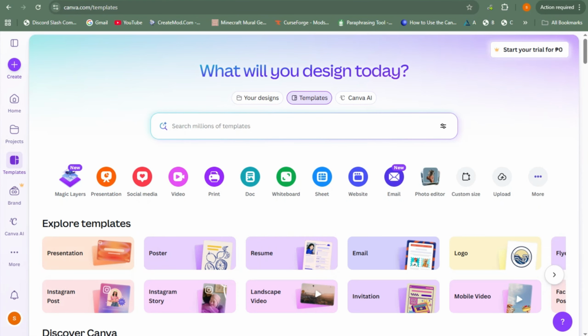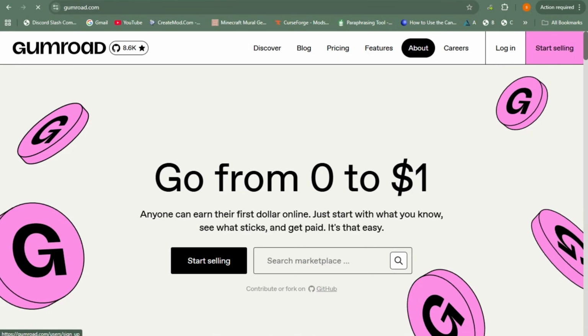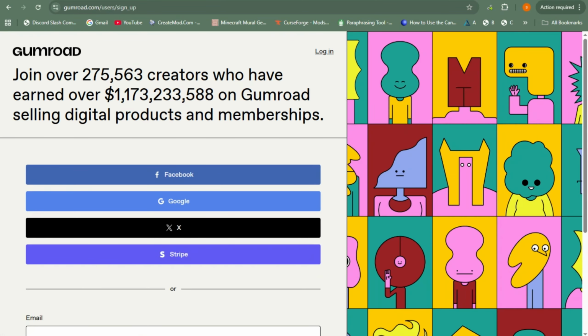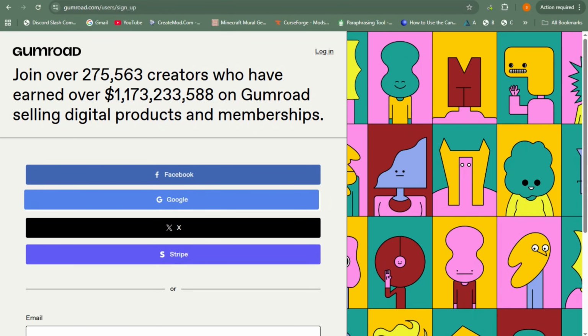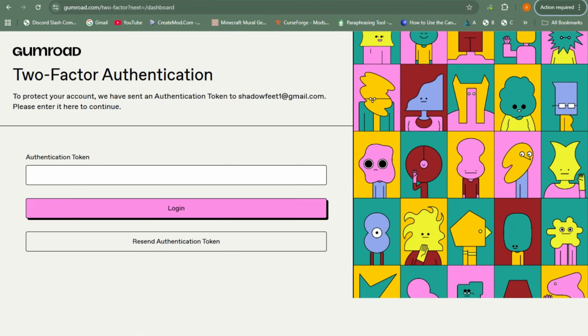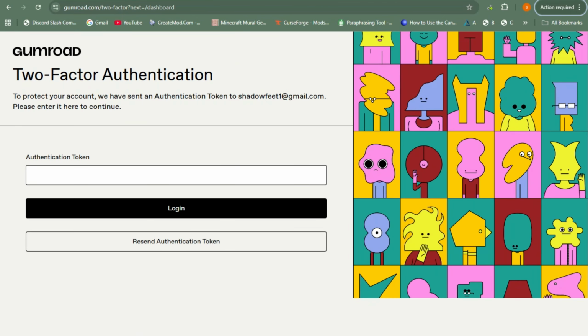Also, in order to create Gumroad account, you need to have your Google account, your email address. You can also create an account using your Facebook, Twitter, and so on. So once you have your Canva and Gumroad account, you can now start creating and selling your ebook